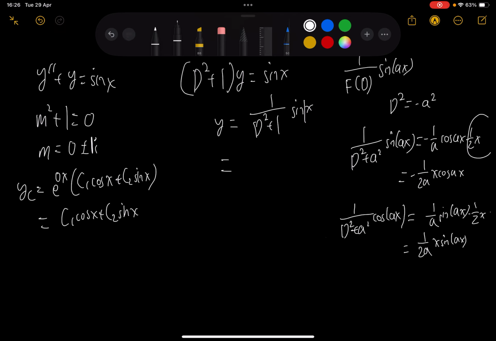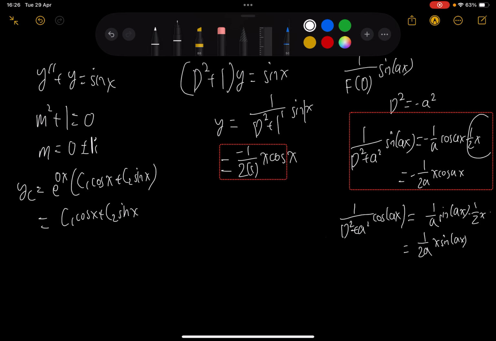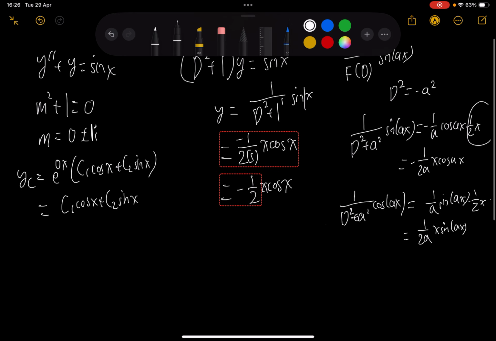Therefore, we are going to look at this a. Our a here, you can write as 1 squared, therefore 1 over 2 times 1, which is 1 over 2 in front, and then x times our sine, therefore negative sine, x times cosine 1x, which is cos x. Therefore, this is negative 1 over 2 x cosine x. Therefore, this is our